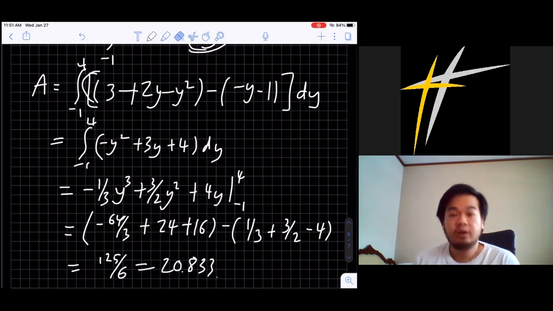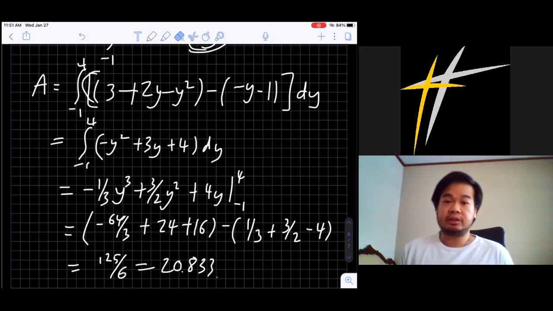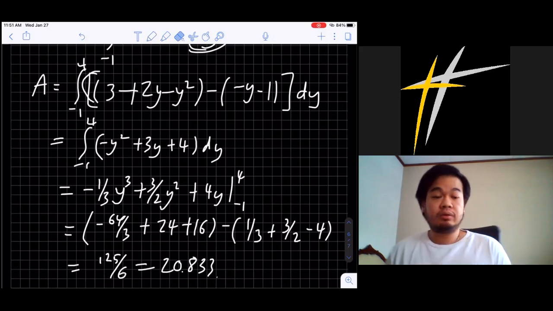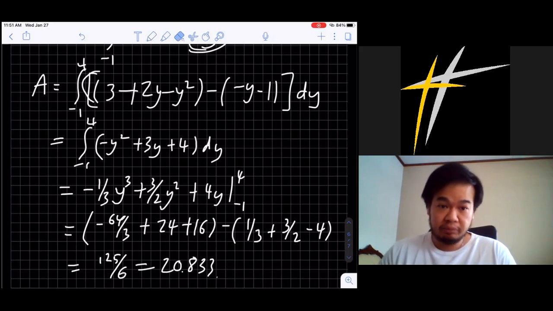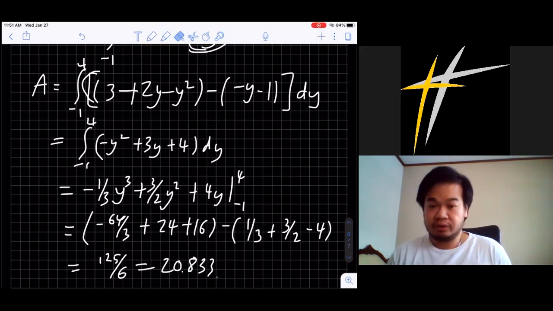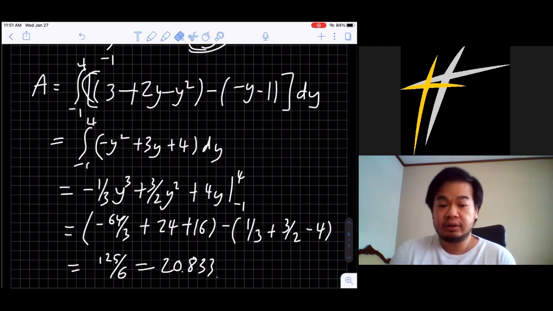Okay, so that's it, and I hope you understand. So the goal of today's lesson is basically to find the area in between graphs. It can be 2, it can be 3, it can be many boundaries. And I'll give you more practice. I hope you are able to master this application. Okay, thank you. That's all for today.